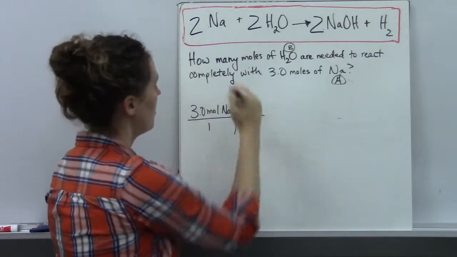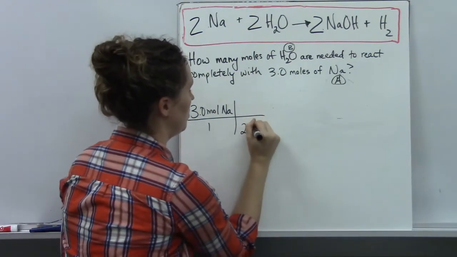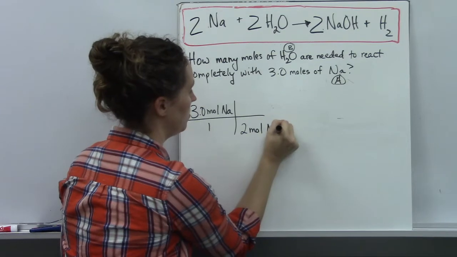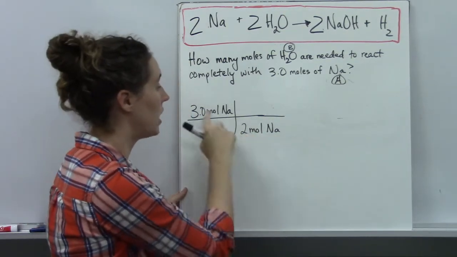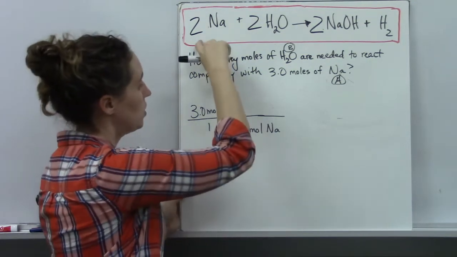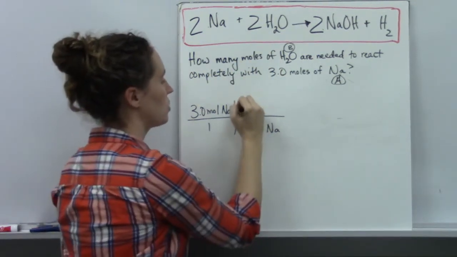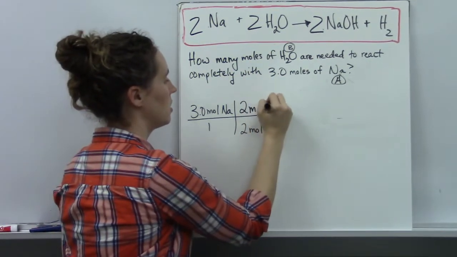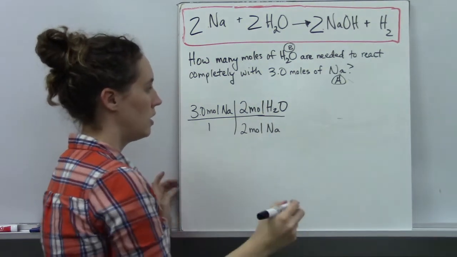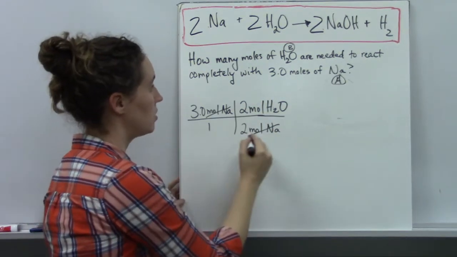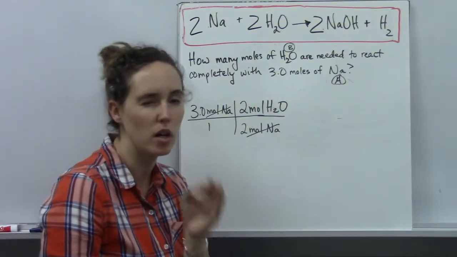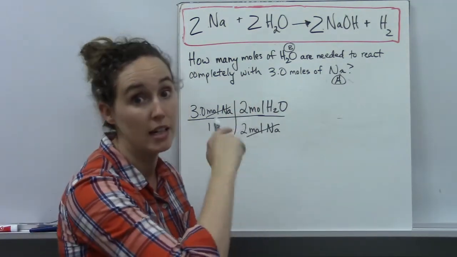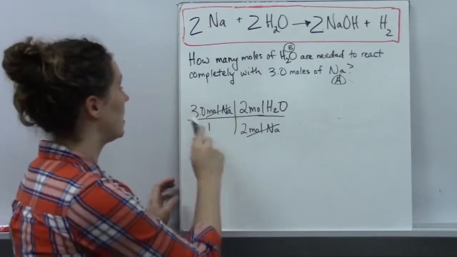And then we use the coefficients from our balanced equation. So I'm going to have 2 moles of sodium, right? I put it here so that moles of sodium cancel out. So for every 2 moles of sodium, I'm going to have 2 moles of water. And so this crosses out. I was wondering how many moles of water, and so my units left are moles of water. Perfect,